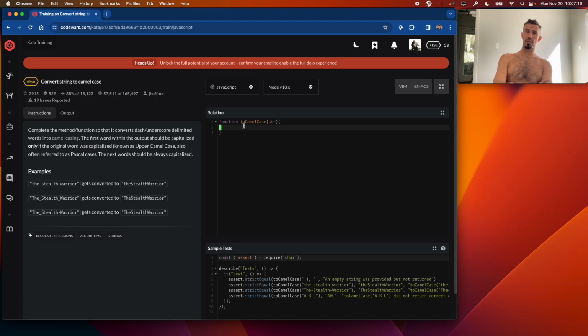It should retain whatever it had. So we split on the delimiter and we get an array of strings. We use that to build a new output string by